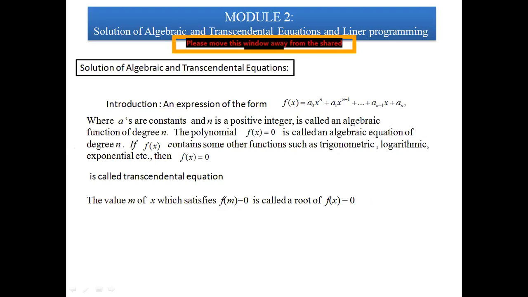Finding the solution of this type of equation means we have to find the value of x for which, if you put that value of x in the left hand side, it equals 0. That value of x which satisfies the equation is called a root of the equation. Suppose m is the value of x for which, when you put x equal to m here, it becomes 0. Then m is called a root of that equation. For example, an equation will be like this: sin x plus cos x plus tan x is equal to 0. One relation is given. We don't know whether it has a solution or not, but a relation